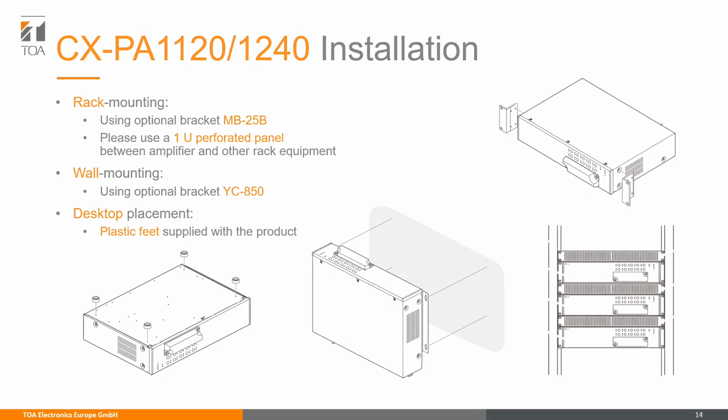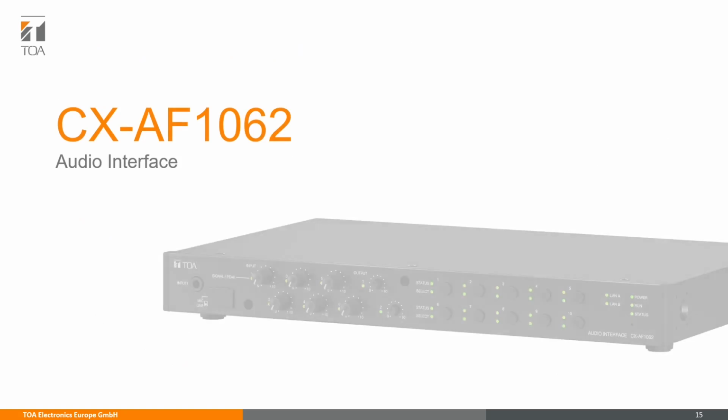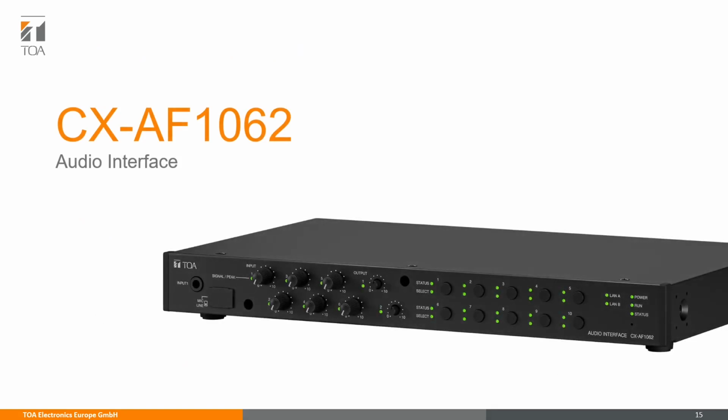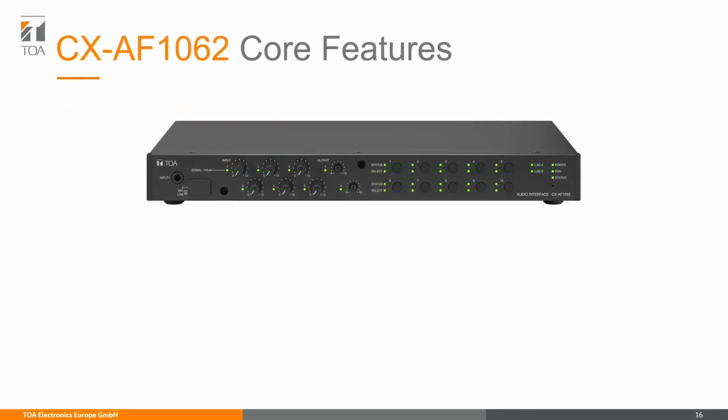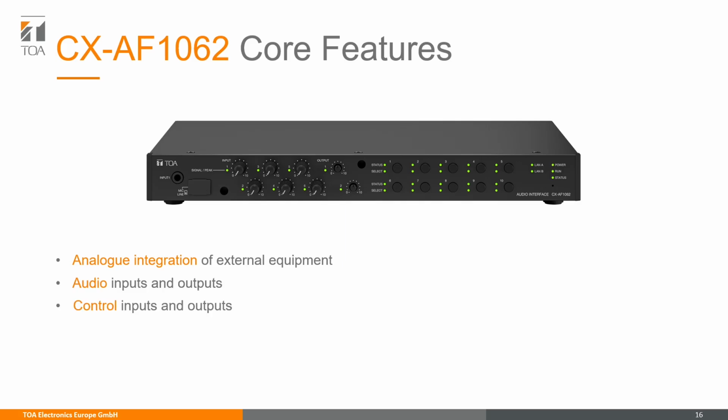The next device is the CX-1062, the audio interface. The main purpose of this device is the analog integration of external equipment. This equipment can be a microphone, a music source, a simple amplifier, or an entire PA system. The audio interface provides audio in and outputs, control in and outputs, and a variation of controls at the front